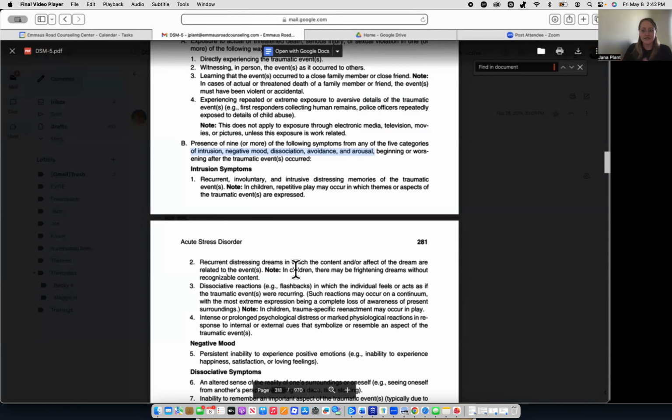You're going to see the case being presented as if a client was actually presenting it through their words. And then you're going to put the diagnostic criteria label on it. So what I want to see you do when you meet the criteria is to say the actual criteria definition, so arousal, and then plug in the client symptoms